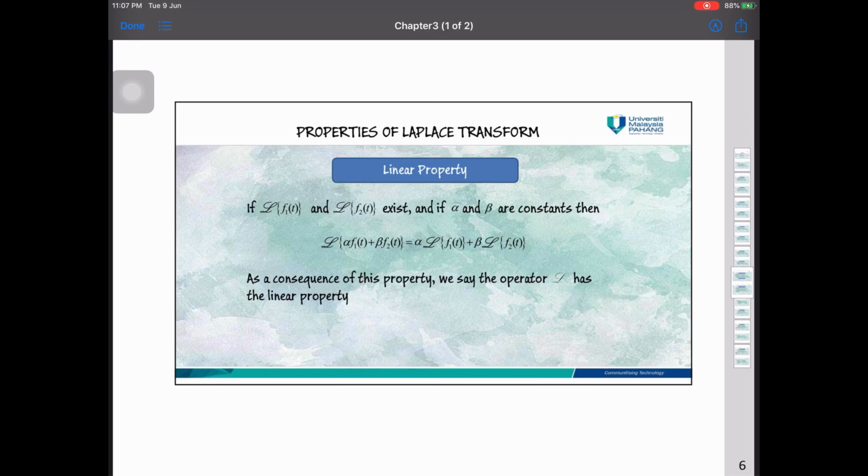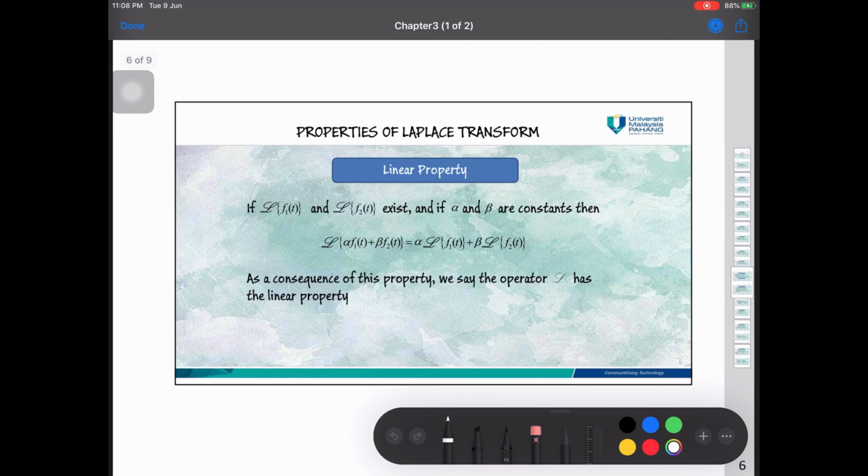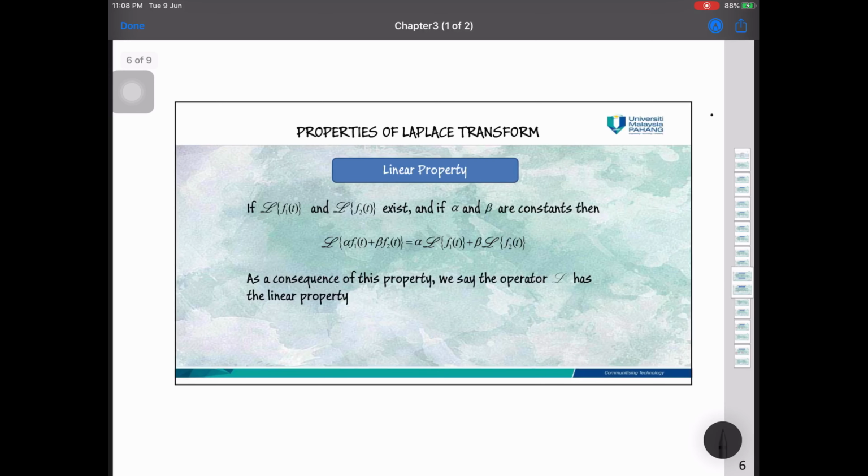Okay guys, so before this we have done a few notations and definitions of the Laplace transform. If I want to do a summary of our previous lesson, we have a few formulas to find a Laplace transform for a function. For the first one, you will have